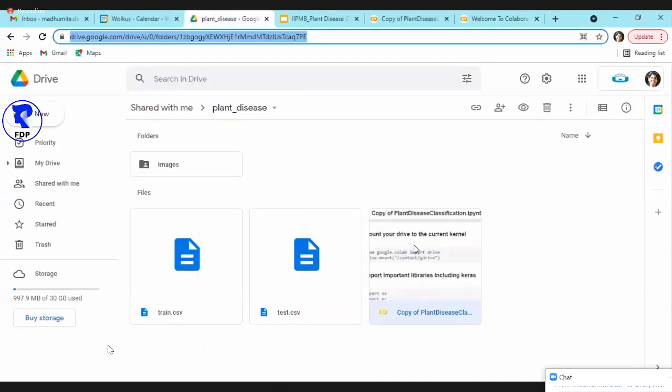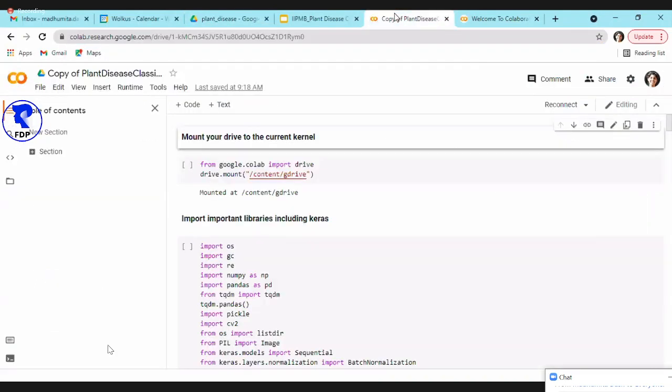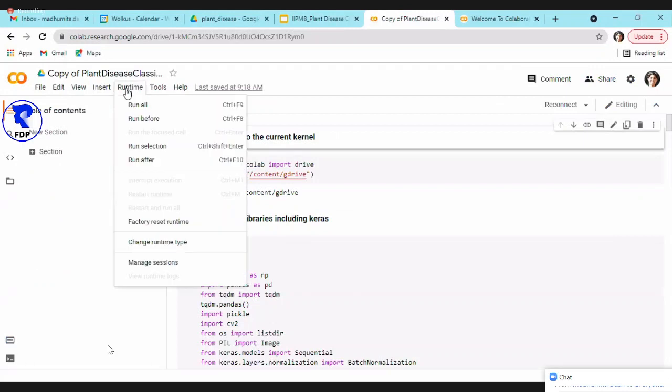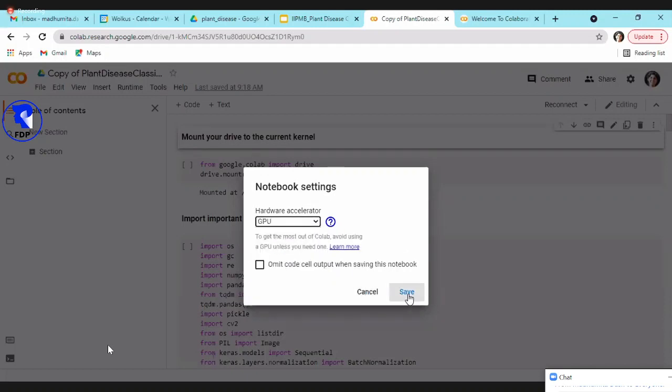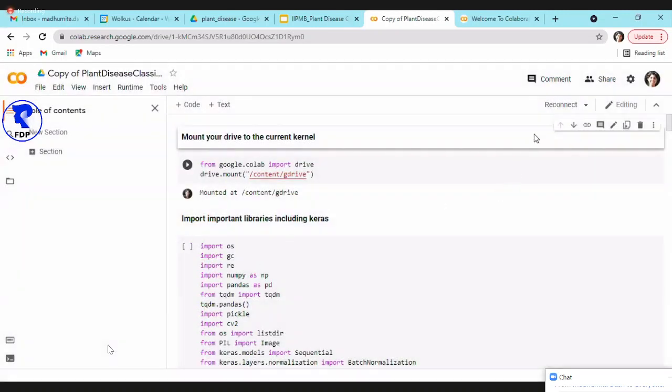In the drive, open up this code, copy of plant disease classification. Okay, and here you go to runtime and change runtime type. Let's select GPU. Here in the hardware accelerator, select GPU and say save. That would connect you to a session.